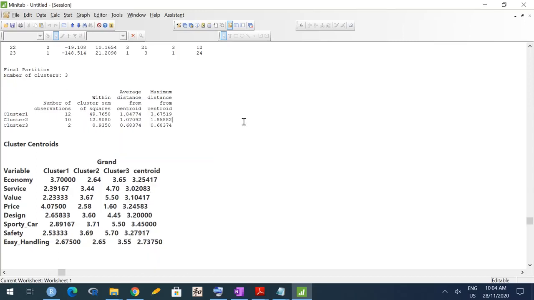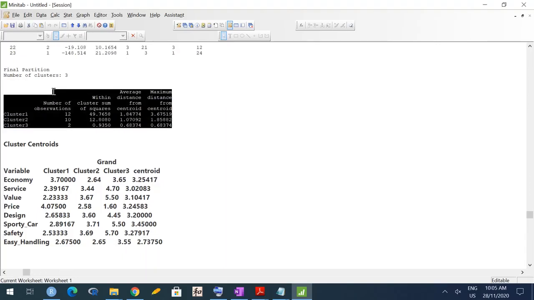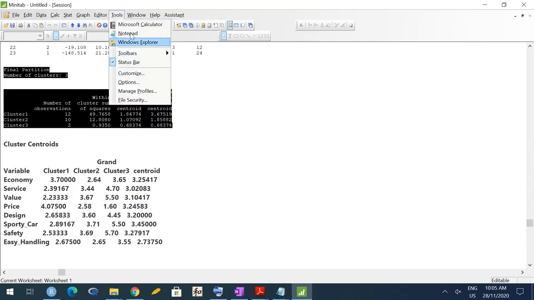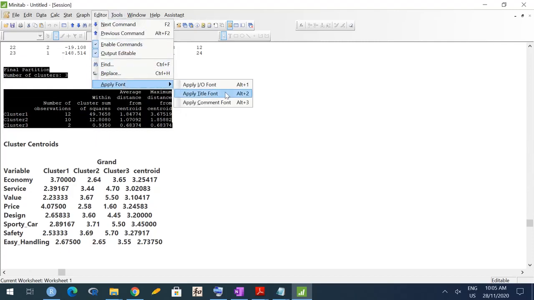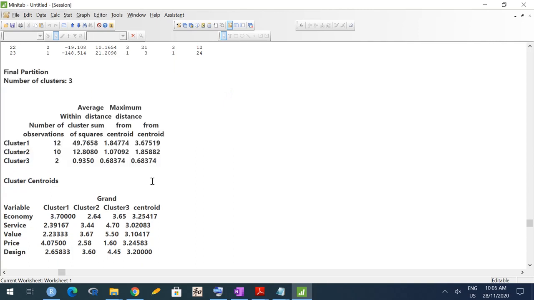And this cluster profiling part is common to both k-means as well as hierarchical. Okay, this is another important table. Here we get the number of observations in each cluster.